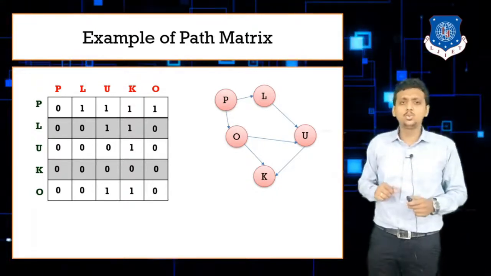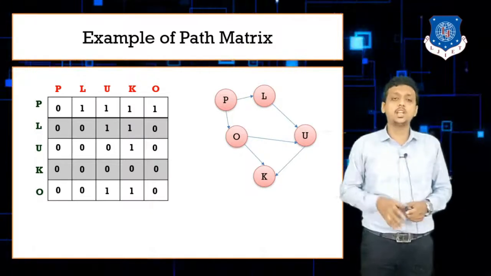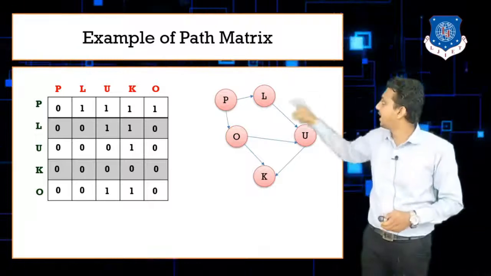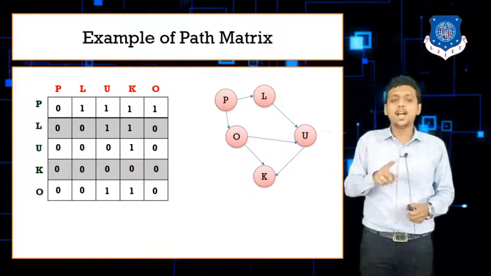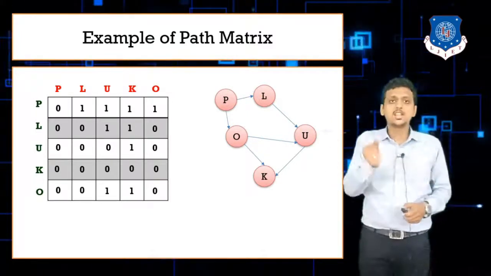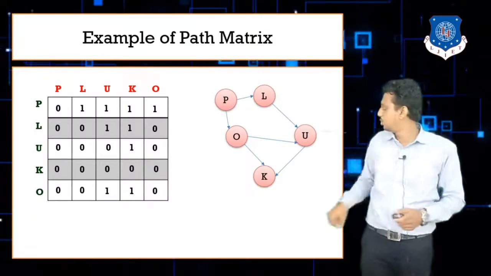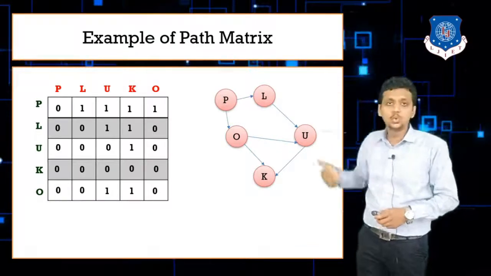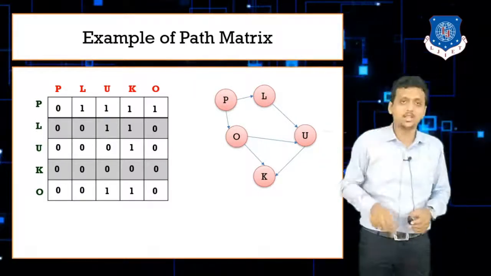Sir, where do we need to use this matrix? This matrix can be very useful in real-time applications of graphs, where you need to find out from which source to which destination you can go easily. Is there any path from node A to B or not? You can easily find out from this matrix. Imagine if I want to go to K from U: can I go U to K? Yes. But can I go from K to U? No. So from this matrix you can decide where to go and where not to, according to the path matrix.